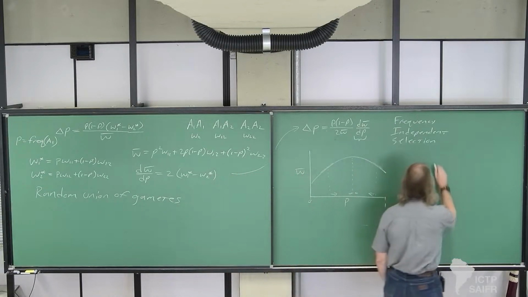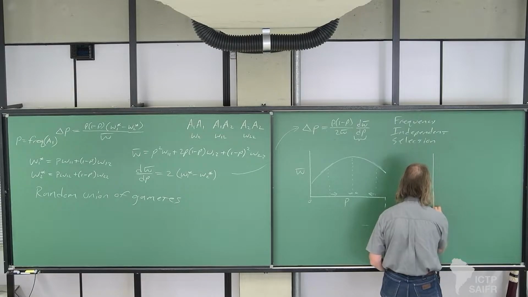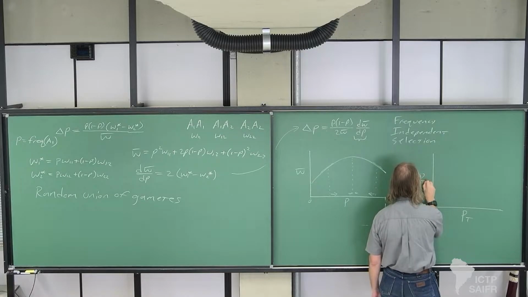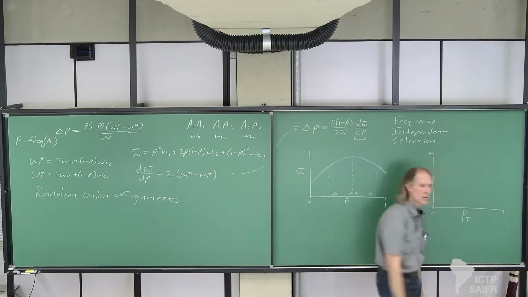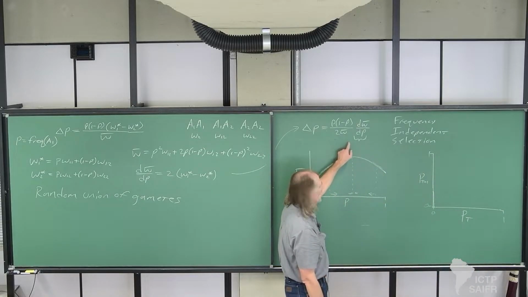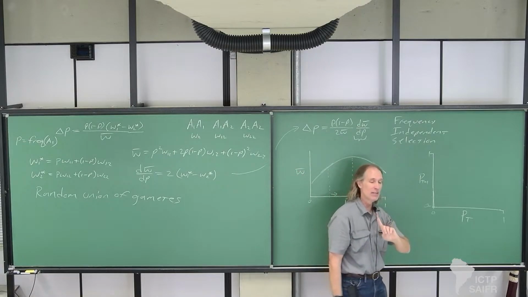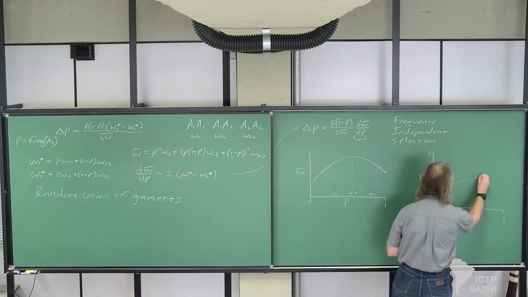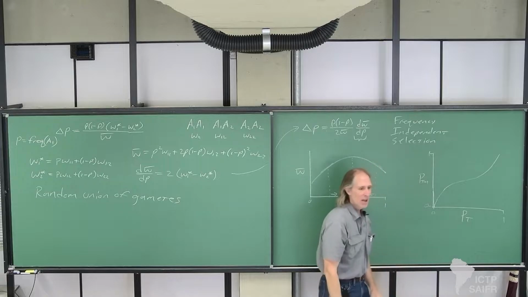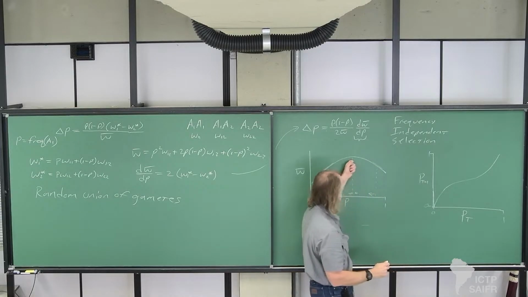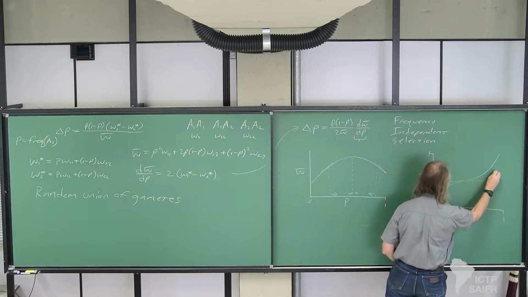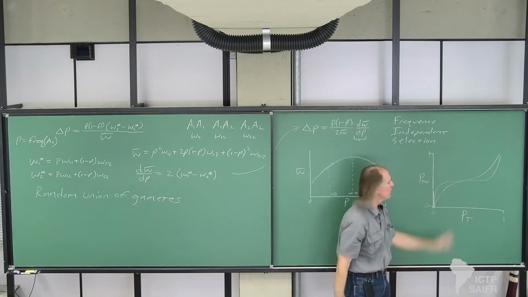Basically, if I plot p at time t against p at time t plus 1, from 0 to 1 and 0 to 1, what you get in the frequency-independent case kind of looks like that. And as you make selection stronger and stronger, if I make this peak really high in the middle, I approach that. It never goes past. So this slope never becomes negative